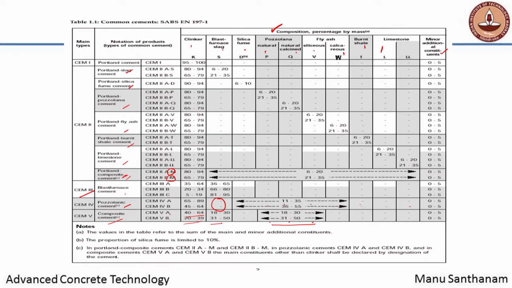Okay. So, composite cement CEM 5 equal to clinker plus slag plus either of, you have P, Q or V. Okay. You have a combination of slag as a replacement material with either natural pozzolan, natural calcined pozzolan or type